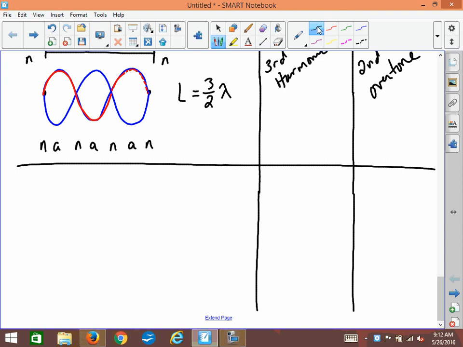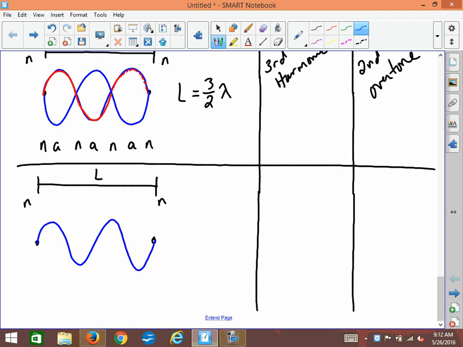So here's our last example. Here's a length of string, L. We haven't changed the length. We know we have a fixed end on each end, so we must have a node and a node. So here's my string, here's my ends. Let's see what would happen if I had a different pattern. It's also possible to start with an N and end with an N, a node. If I do this,